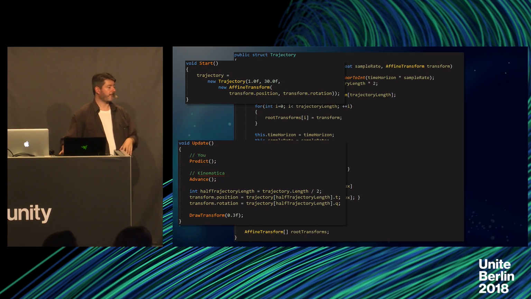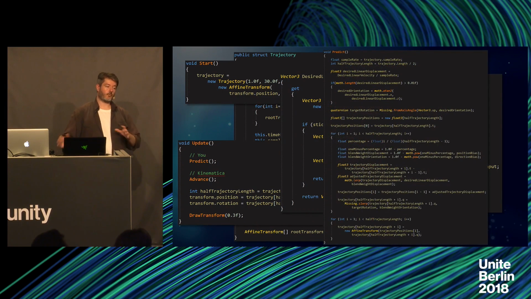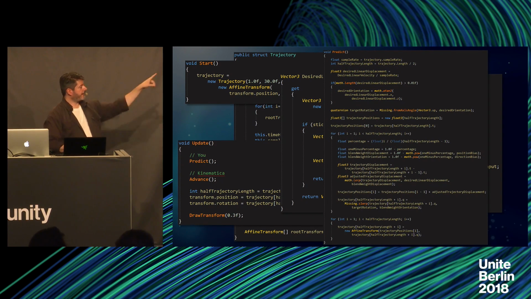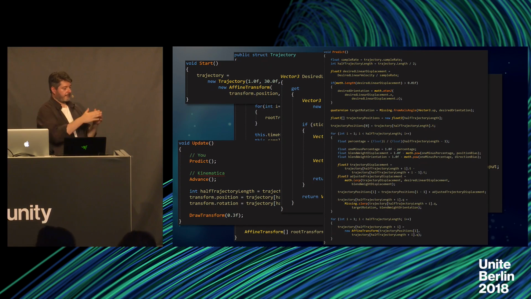And the rest is debug draw for this little example here. That's how you would read the stick input, make it camera relative and turn this into a velocity. And this is one example. This is how I decided to make that little trajectory. You can do it differently. It's based on a little exponential curve. Basically, that for loop right in the middle here reads out one transform at a time, as we step from the time where we are right now through this 1 second worth of prediction,